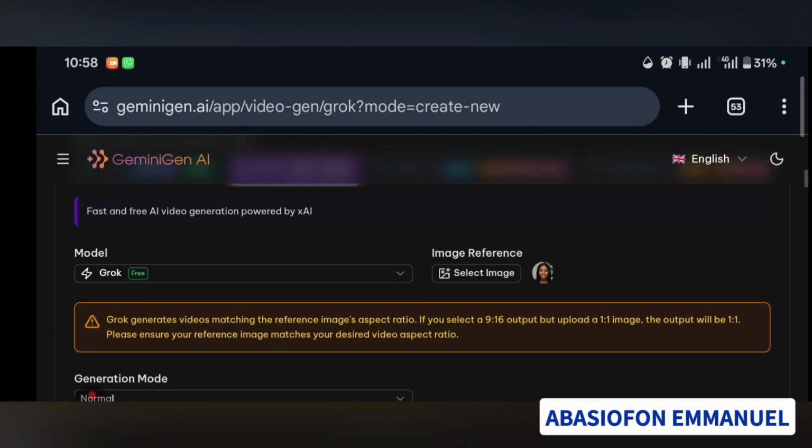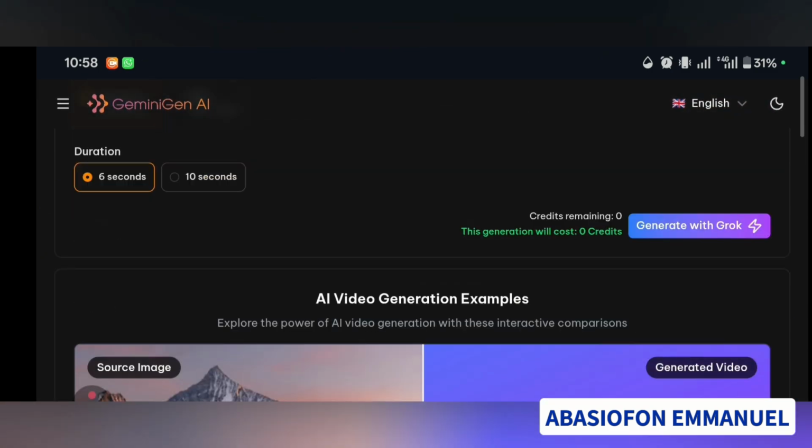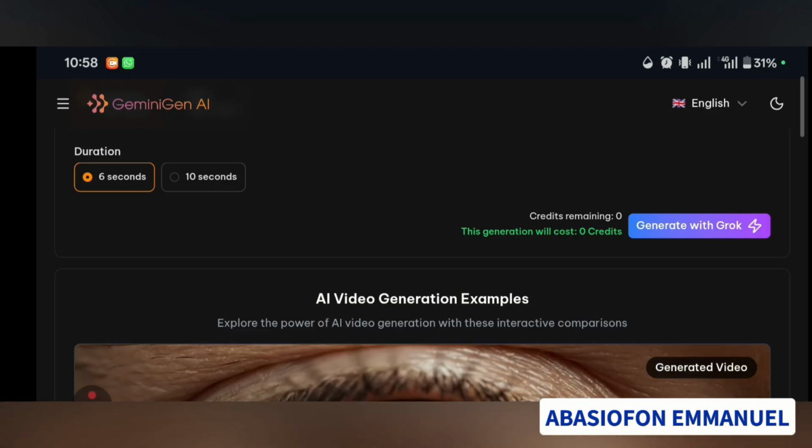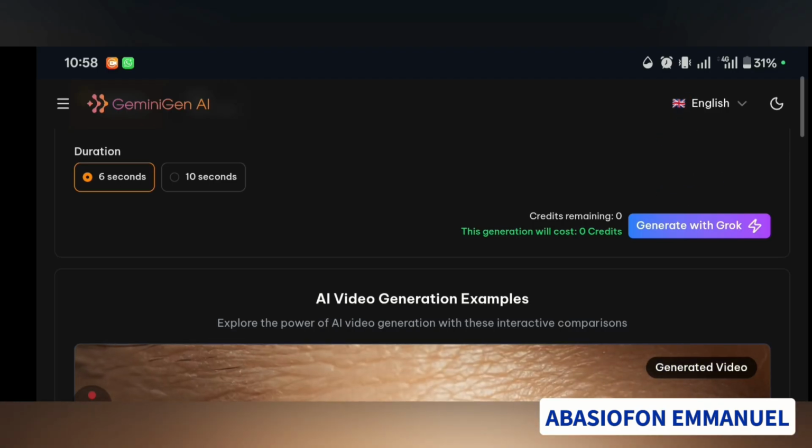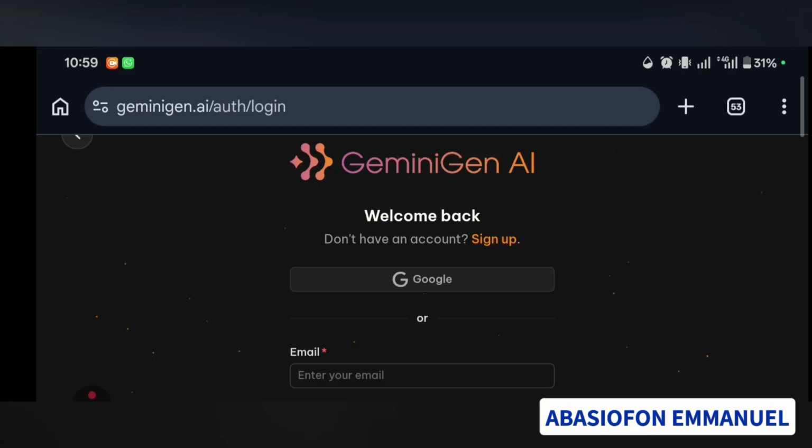We'll just click on generate. So I'm going to scroll down to this place. This is where you click on generate. Credit remains 0. This generation will cost you. So you click on this place where you see generate with Grok. Now it has brought me to this interface. When I click on generate,